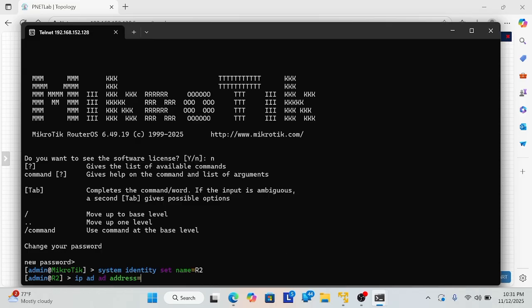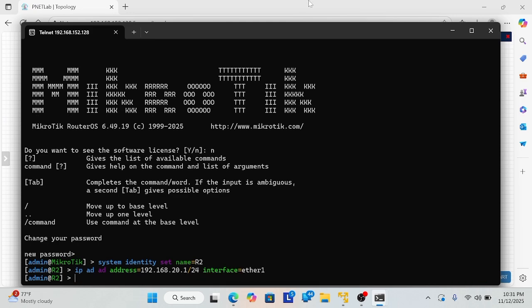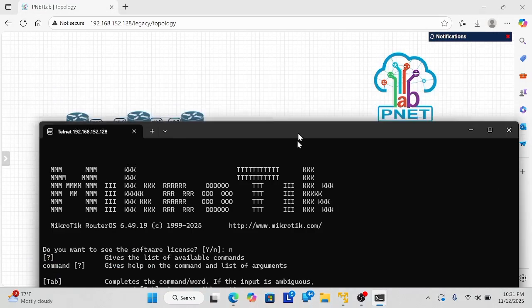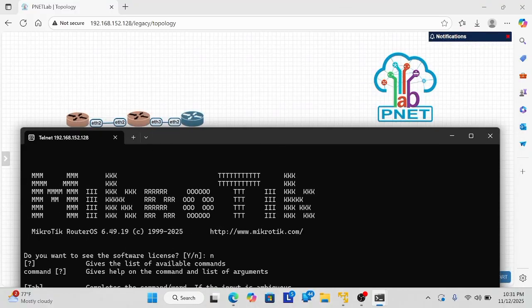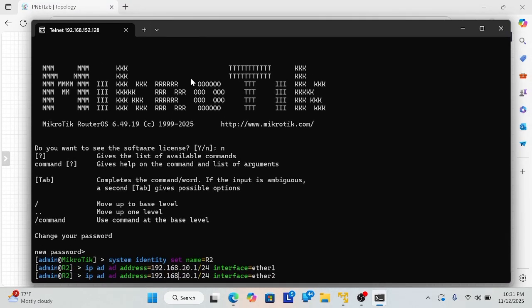Add the IP address: 192.168.20.1, prefix 24, on interface ether 1. Enter, and add again to ether 2 the IP address 10.10.1.2.